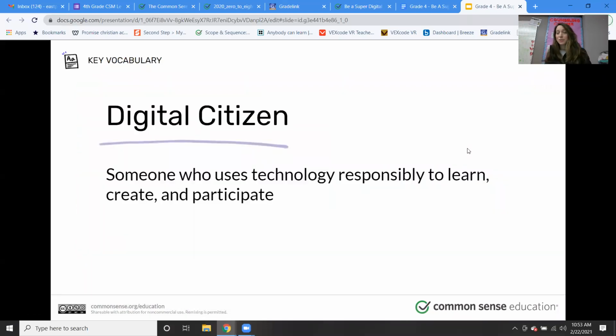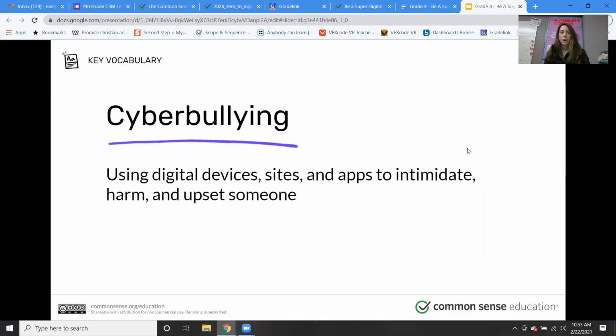We all know what a digital citizen is, so this is just a quick review: somebody who uses technology responsibly to learn, create, and participate, right? And cyberbullying is when somebody uses a device, a website, or an app on purpose to harm, upset, or intimidate someone, and this can be really hurtful.